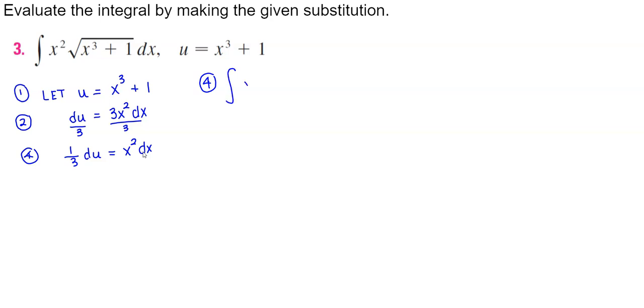Okay, now in step 4, we're going to rewrite the original question. So we have the integral again, x squared times the square root of x cubed plus 1 dx. Okay, so the next thing we want to do is take a look at what's happening with this integral. We can see that we have x cubed plus 1 under the radical sign. Well, that's what we let u equal. So we're first going to put that substitution, which is the square root of u, since that's what x cubed plus 1 is equal to. Now we have x squared times dx. Well, you can see over here, x squared times dx is equal to 1/3 times du. So now we're going to write times 1/3